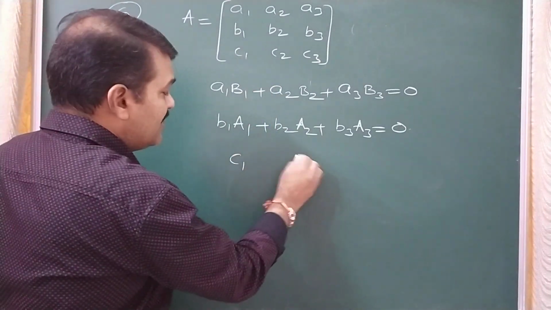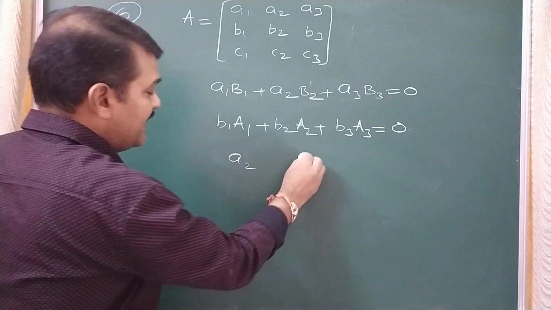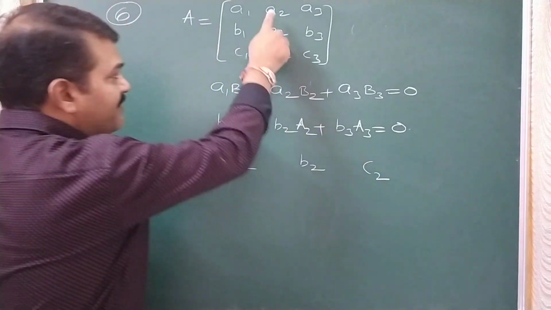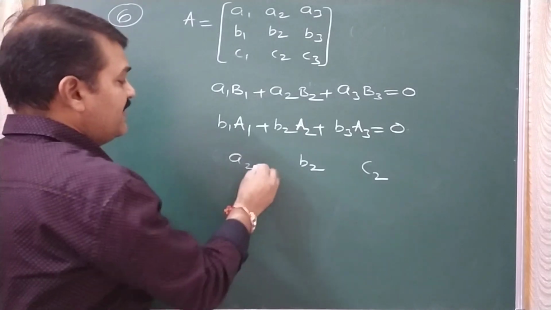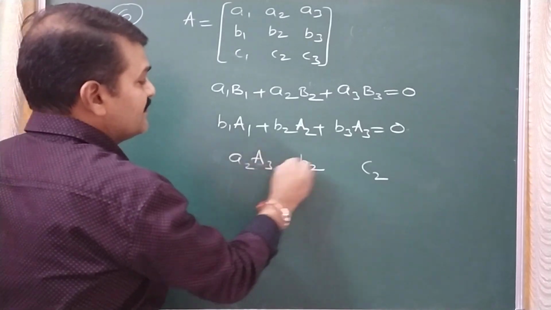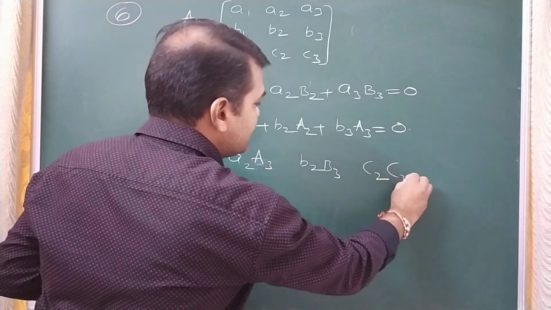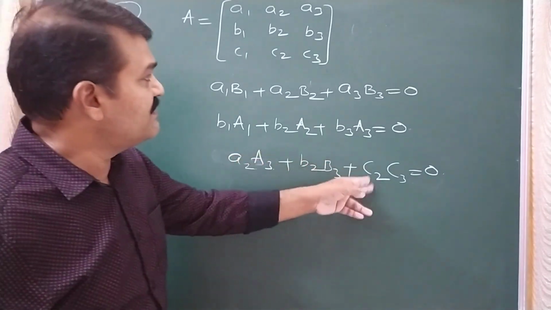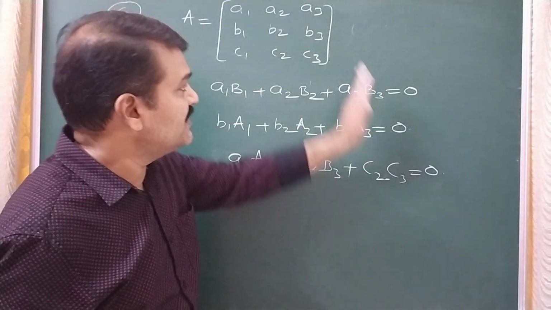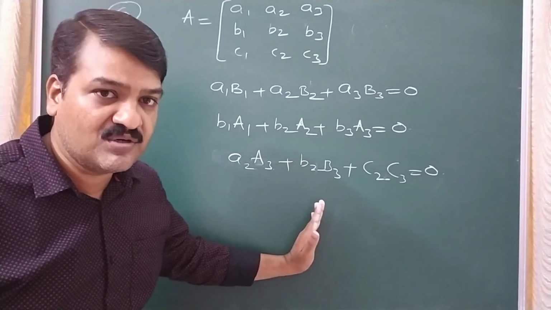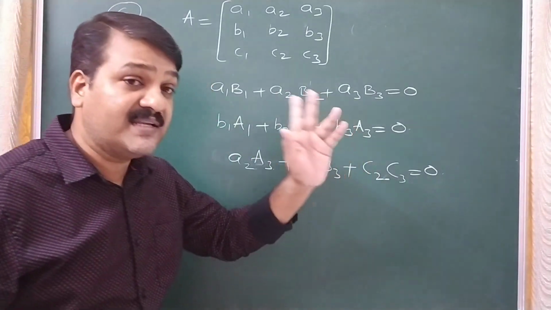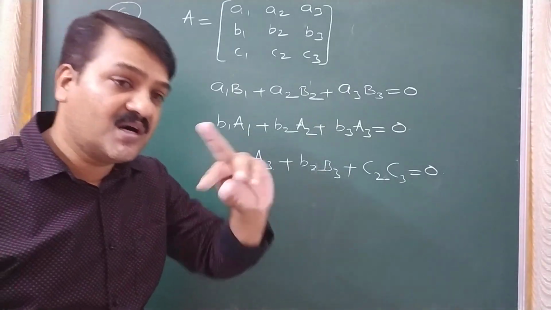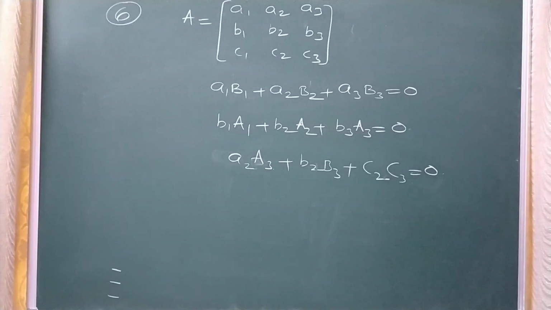I will take elements of second column. These are elements of second column. Cofactors I will take from third column. These are third column cofactors. So the sum of the products of these is going to be 0 because elements are coming from second column, cofactors are coming from third column. If the elements and cofactors are both from the same row or same column, that will be the definition of determinant. If the elements and cofactors are coming from different rows, that is actually